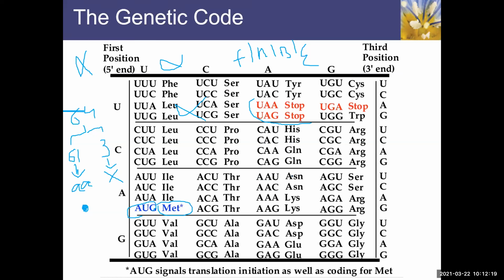Any questions about it now? So which is the initiation codon among all these 64 codons? Which is the initiation codon? AUG. Very good, Tanya. So others, which is the first amino acid in a protein always? The first amino acid in the protein will be